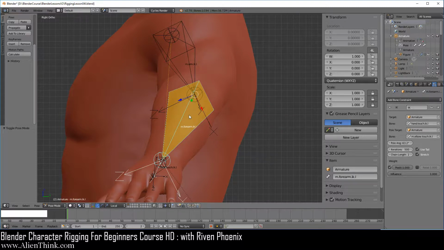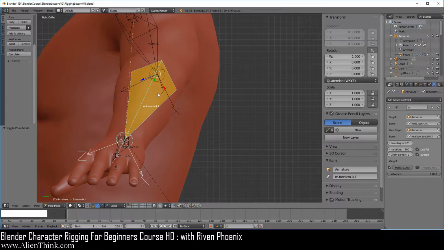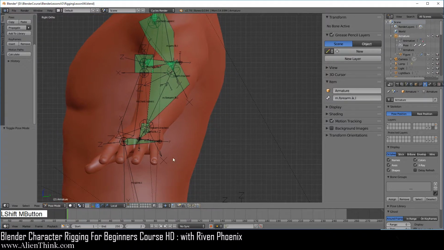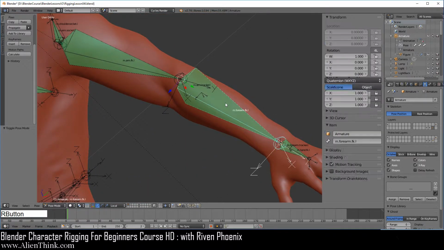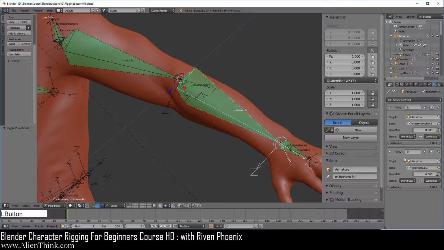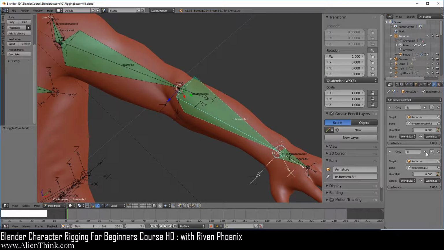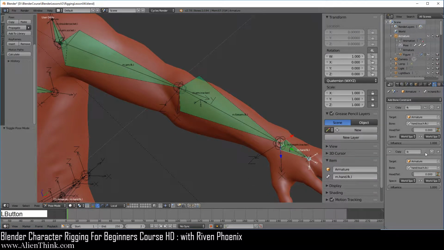Okay, so what we need to do is now make sure that this is aligned correctly with the original position. So the way we're going to do this, now this can get a bit tricky to do. So what you want to do is first go to the data tab, and let's go ahead and first switch this to the non-deform bones over here. Okay, now what we need to do is actually tell these non-deform bones to not follow the IK bones, because we need to separate that concept. So here what I'm going to do is actually click this and just turn this off for a second. Okay, let's just turn everything off over here so they don't get in our way.